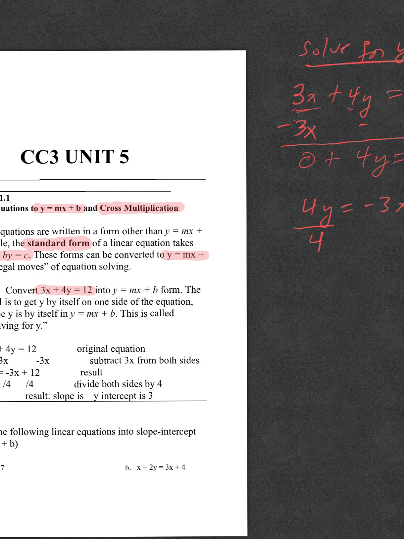So that means that then we divide by 4 here and divide by 4 here, okay? So 4 over 4 gives us 1, and 1 times y is y. And then we have negative 3/4 x. And then we have plus 12 over 4. You can leave it as 12 over 4, but better yet is to say 12 divided by 4, which is 3, okay? So this is in slope-intercept form, or